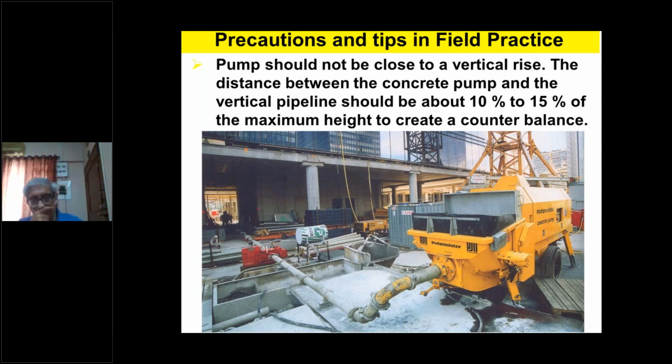So when they pumped the concrete vertically, they were successful because there was a balance being maintained because of the horizontal line of 10 to 15%. This is a must. Don't worry about the length of the pipe slightly increasing, and that also horizontal line. Here what happens, that with every stroke, because of the hydraulic pressure on the top,